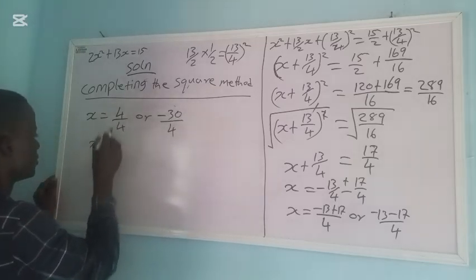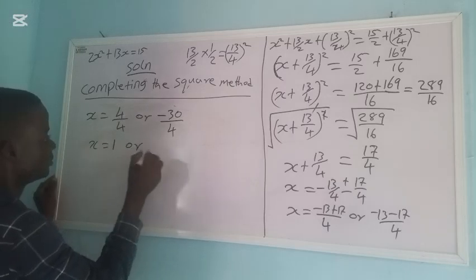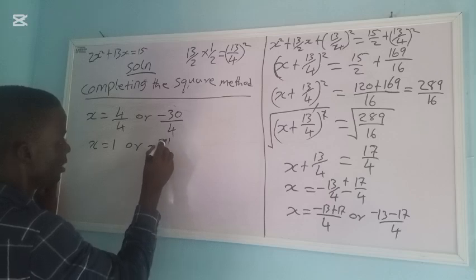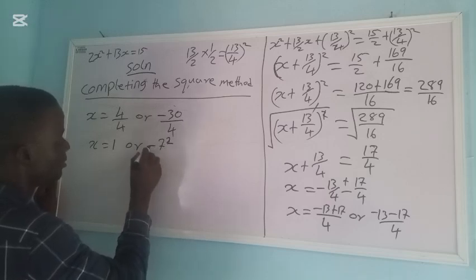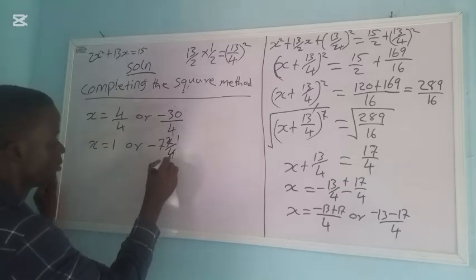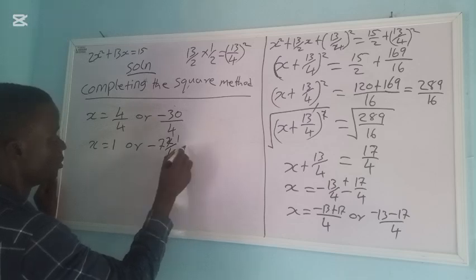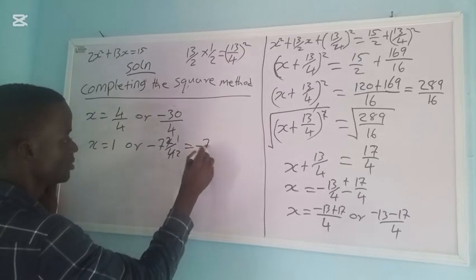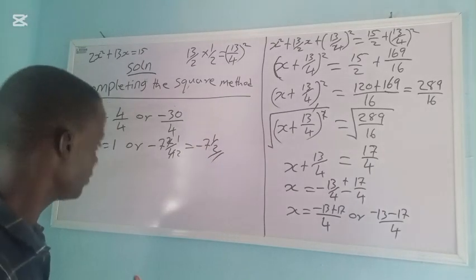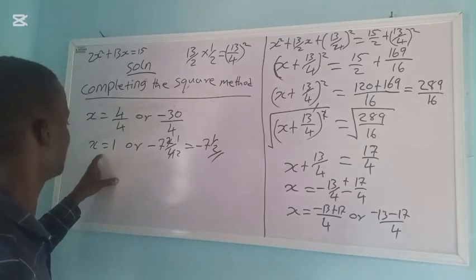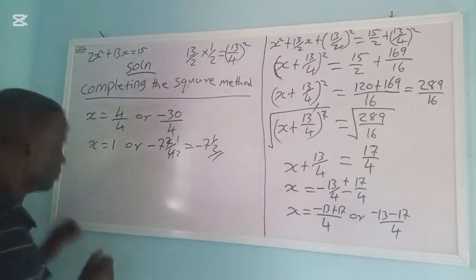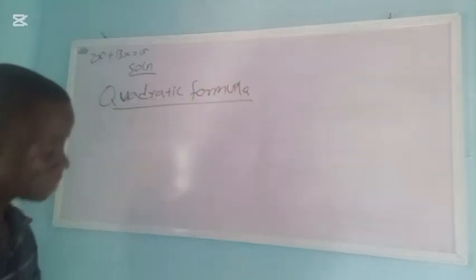So x is equals to 4 divided by 4, we have 1, or this one minus 7 all over 2, and 7 whole number, 2 all over 4. So 2 here, 1, 2 here, 2. So we have minus 7 whole number 1 over 2. So the first answer of the first method and this one is the same. So we are correct. So now let's go to the next method, which is quadratic